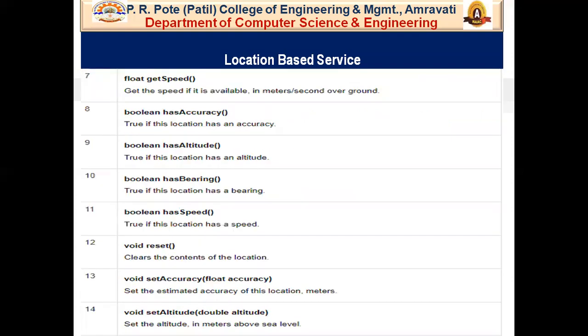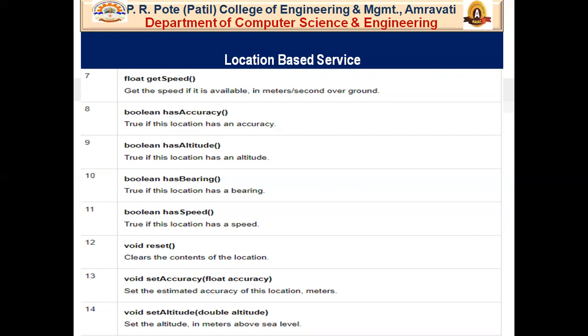After that, the float getSpeed method gets the speed if it is available in meters per second over ground. So in Google Map, generally along with the distance between source and destination location, they also give the estimated time that we require to get there, like 2 hours or 30 minutes and so on.